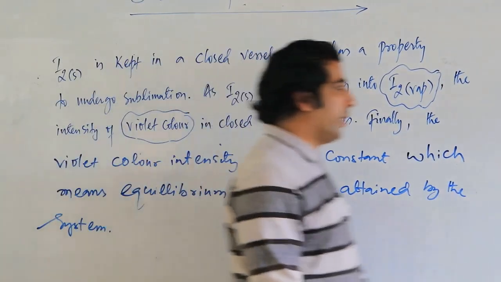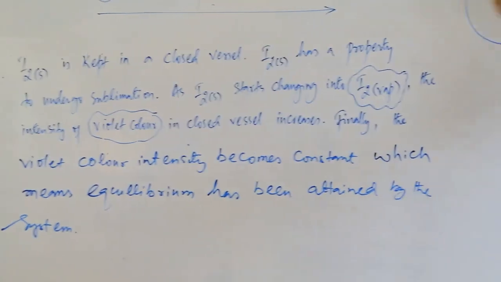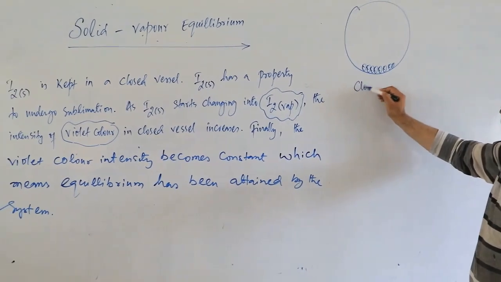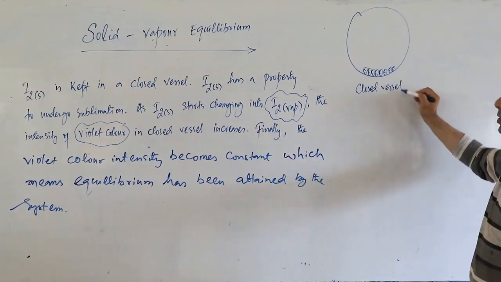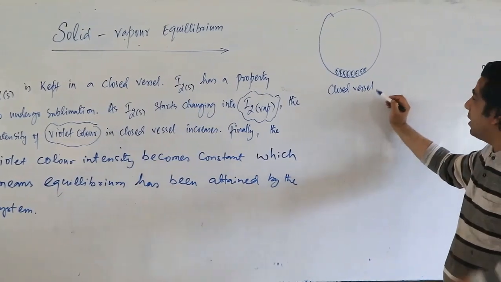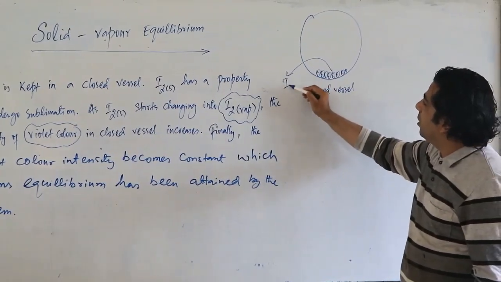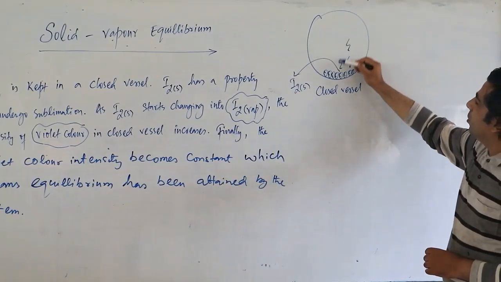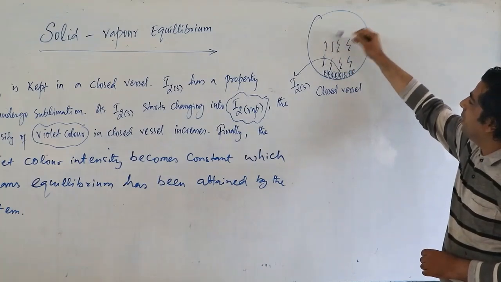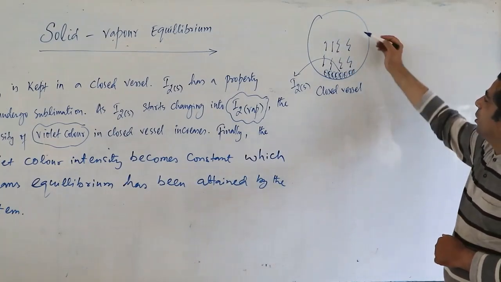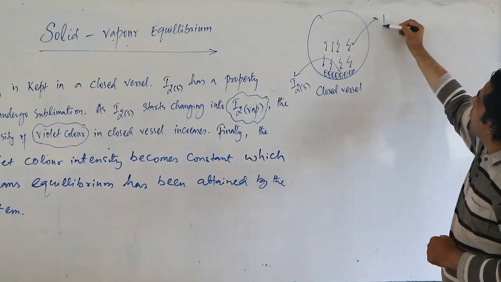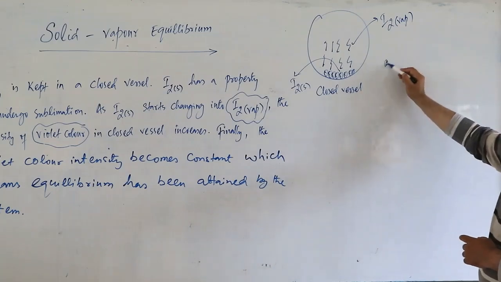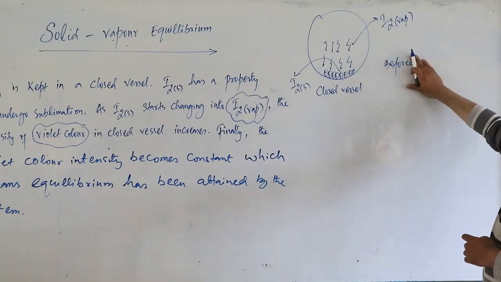Correct? Now have a look, my dear friends. Let's take a closed vessel here, and let's take some iodine here. So this is closed vessel, because for equilibrium we need a closed system, remember that? And this is our iodine solid, my dear friends. And this iodine solid will undergo sublimation, means it will change directly into the vapor state. So we will have here, this is our iodine vapors. So my dear friends, what happens before equilibrium? Try to look. Before equilibrium,